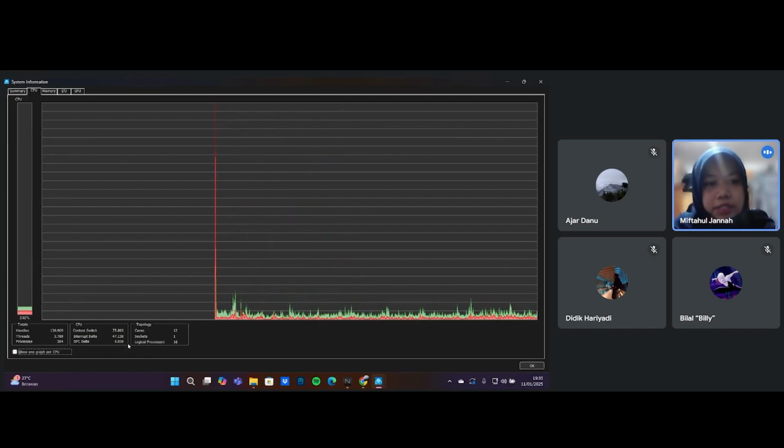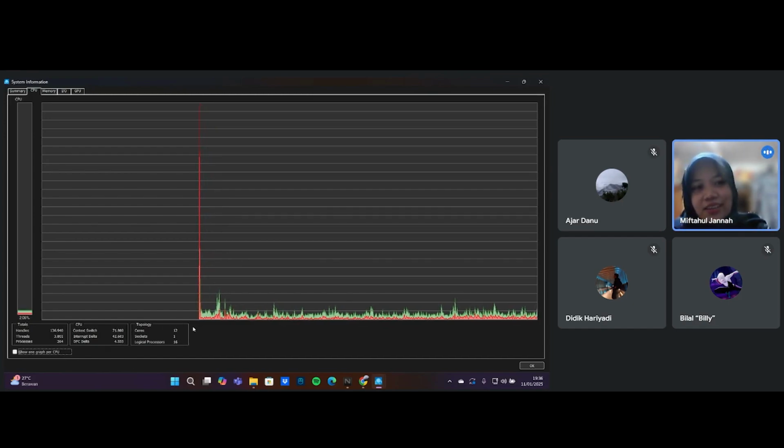And next, topology. In topology, we have cores, sockets, and logical processors. Cores shows the number of physical cores of the CPU in your computer. Each core can be thought of as an independent processor that can run tasks in parallel.